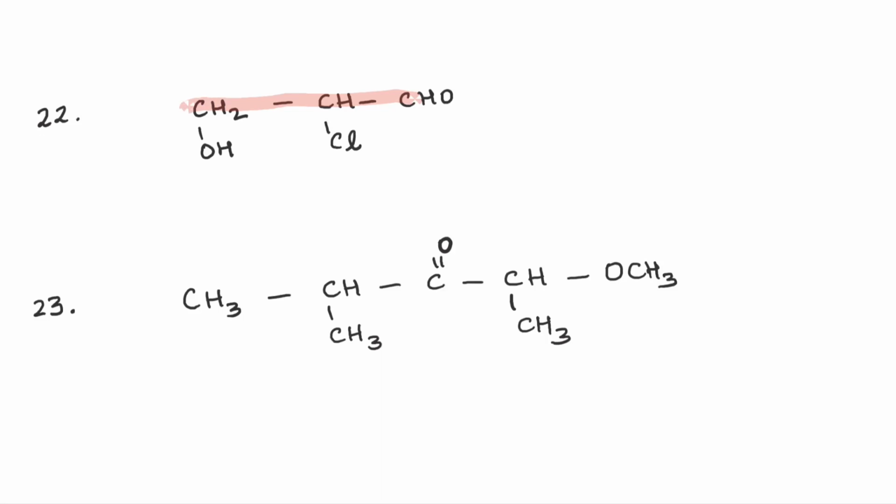And there I go, highlight the main chain or the longest chain in question number 22. And we go on to number it as 1, 2 and 3, because our aldehydic group becomes the primary functional group. So that means this becomes the follower, so it will come as a prefix. How are you going to write OH as a prefix? Absolutely, as hydroxy. So I have hydroxy as a prefix, and I have chloro as a prefix.